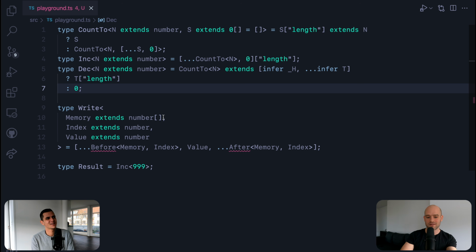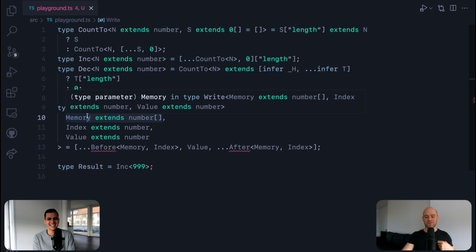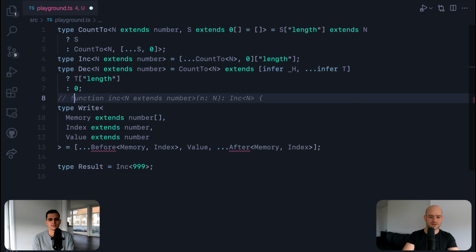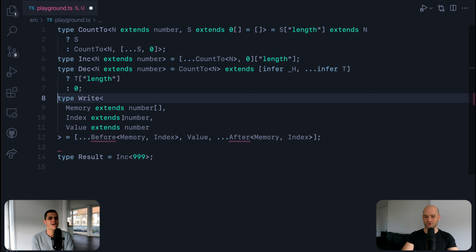No, so we're going to need to increment and decrement values in an array of memory. So we need a way to write into an array, to do essentially the operation. How do you do it in a regular array? Like i equals 3, for instance. So this is like the malloc function. Yes, in C. Okay. So how do you do this operation in types only? You clone the array. You put the value, and you put everything that is before the index and everything after.